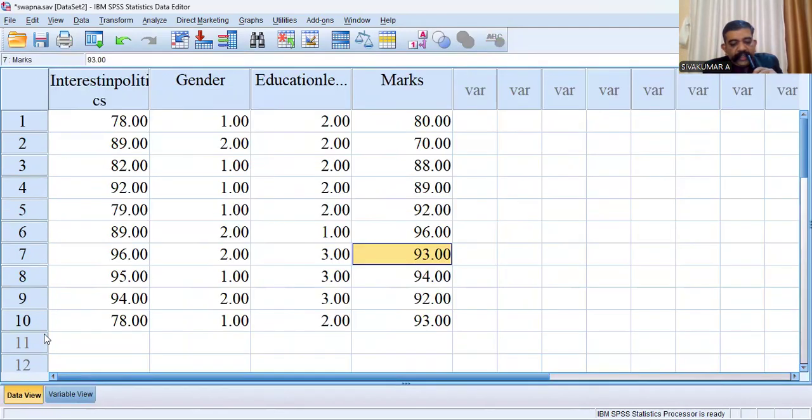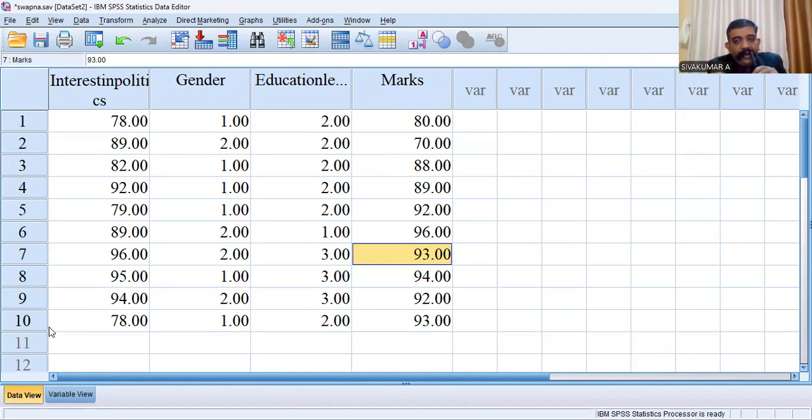Then the third condition, linear relationship. There should be a linear relationship between the dependent variable and the independent variable. In the case of correlation, we have understood that to check the linear relationship between the dependent variable and the independent variable, the researcher has to create a scatter plot using SPSS. The researcher has another option: the researcher can use Excel, no problem.